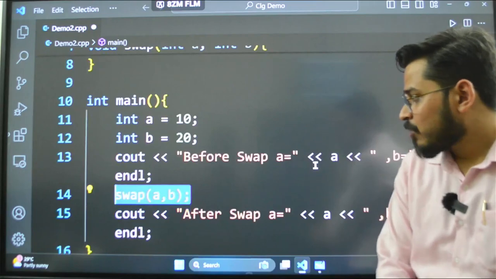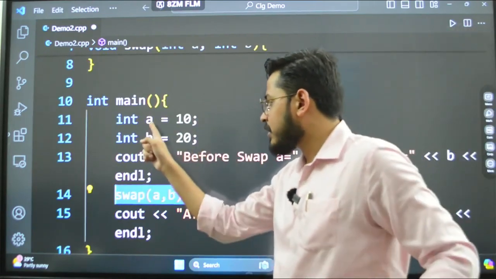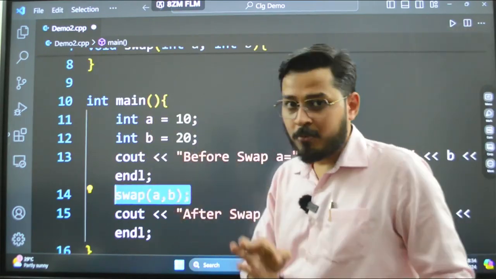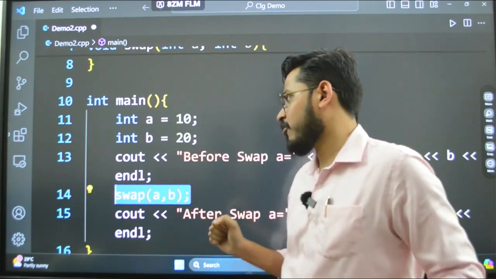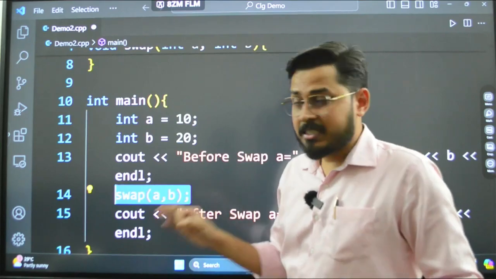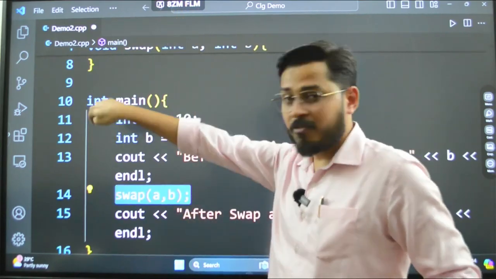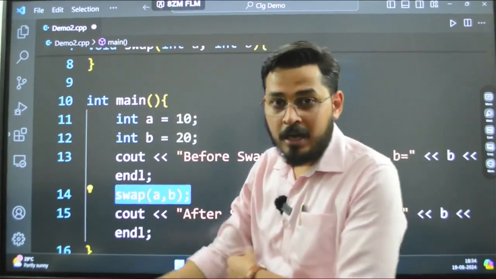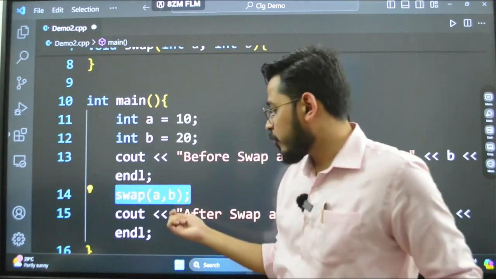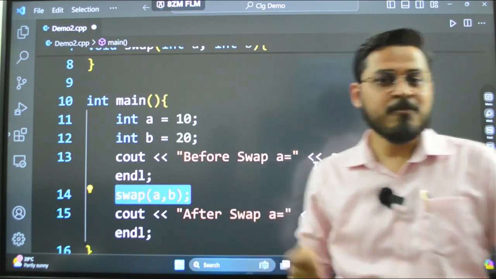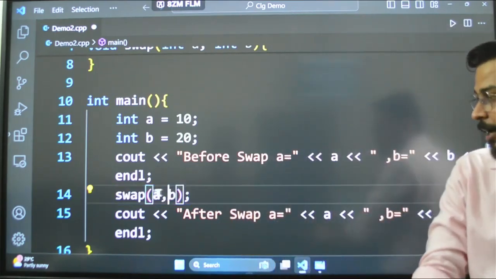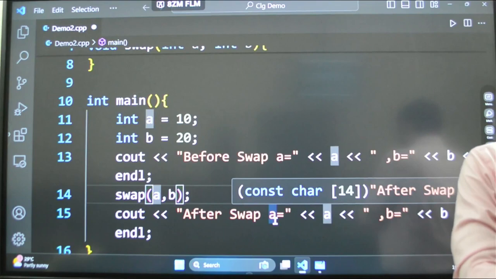The idea here is that rather than passing the values A and B, I am going to pass their addresses, ampersand of A and ampersand of B. If I do this, the changes made by that function are reflected back in the main function, and even if you write the after-swap print in the main, it reflects the changes.